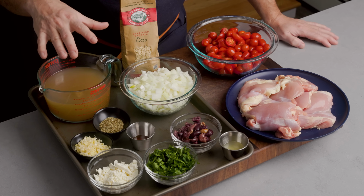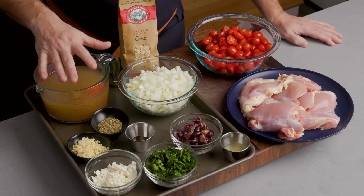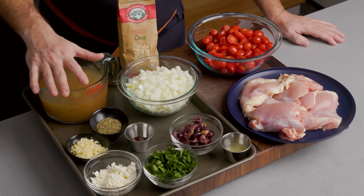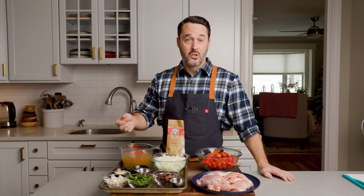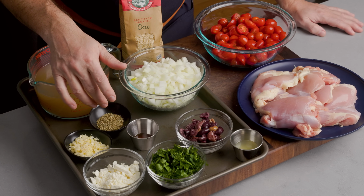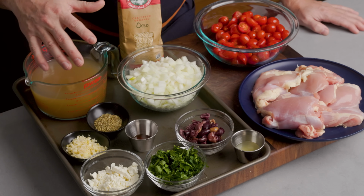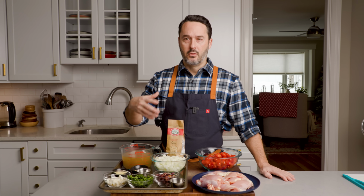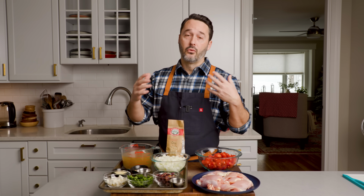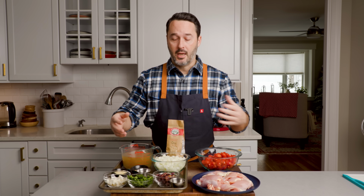I have 3.5 cups of low sodium or no sodium chicken stock or chicken broth. You can use Better Than Bouillon reduced sodium chicken base too, and mix up 3.5 cups. 1 tablespoon of oregano, 1 tablespoon of honey. All of those ingredients are going to make this delicious sauce, braising, like cooking liquid for our orzo. And then we're going to put our chicken back, and then right at the end, we're going to mix in